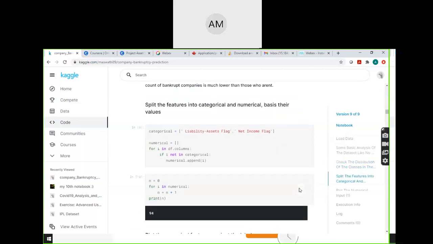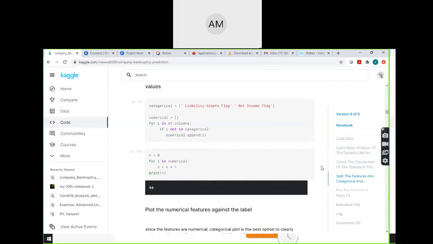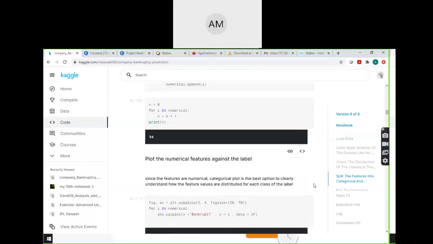Now, what I do straight away is I try to identify all the categorical variables, the fields which have categorical values in them, and pick them into a list called categorical, and the rest of them all as numerical, because we don't have any other type of field in the dataset, which we saw earlier in the info tab. So there are a total of 94 numerical fields, 2 categorical fields, and a target label, which is